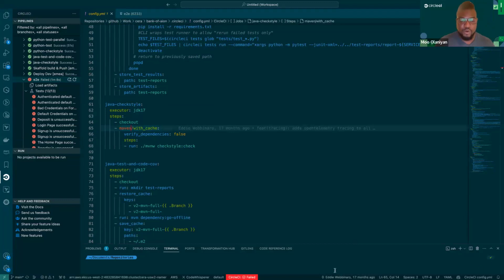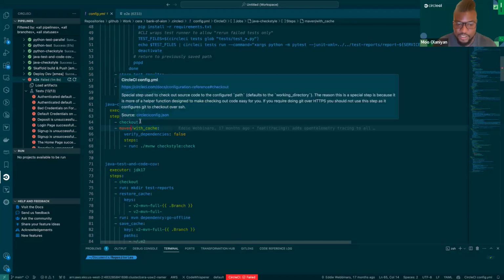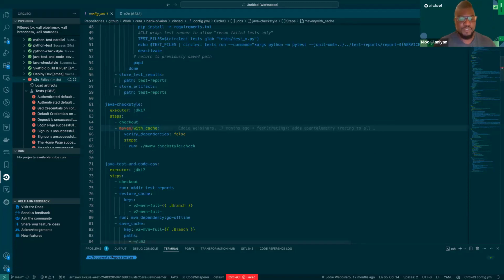So this is how we implement the orb here. It's the built-in command for Maven to install dependencies with caching. So because we've satisfied the parameters that the command requires, what we've done now is we've grabbed and verified dependencies in about 4 or 5 lines of code. If we were to write this logic freehand, it could probably be 10 to 15.